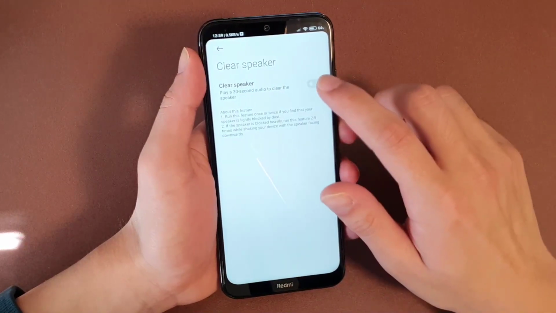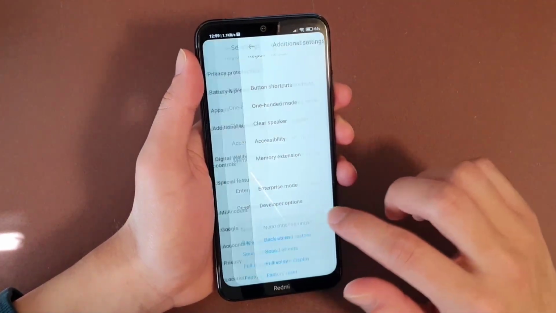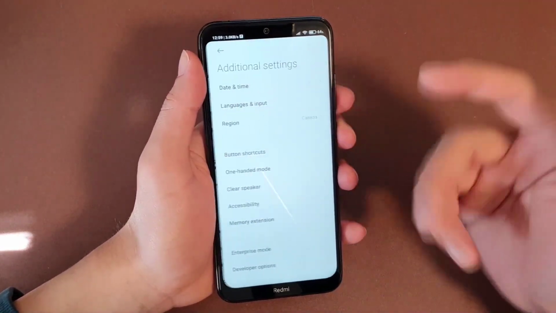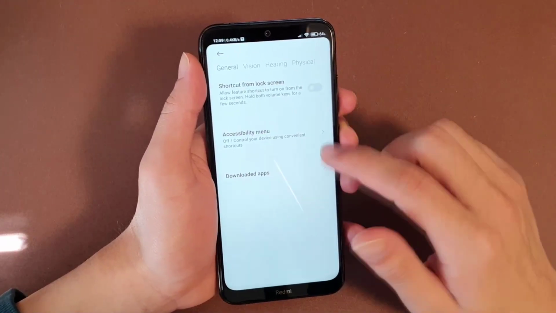Clear the speaker is when you turn on, they'll make a sound to clear the little speaker. There's a bunch of different